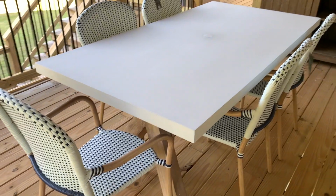And this is a concrete table, so it is made out of concrete, and it is solid, and it is smooth too. It's a very pretty table. It's gray. It's like a whitish gray. It's not very white. It leans more to the gray than it does to white,